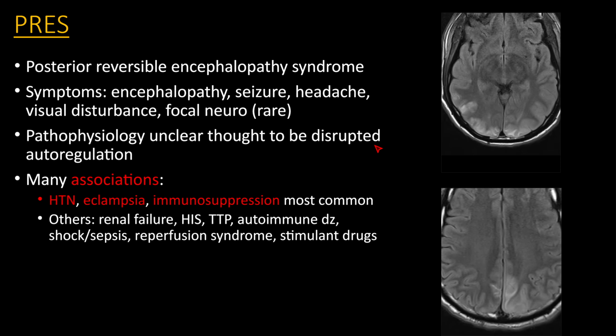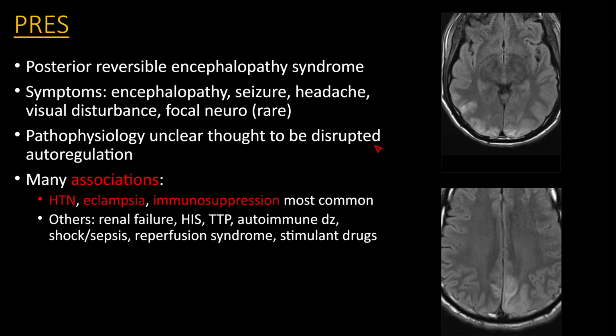The pathophysiology of PRES is kind of unclear, but it's thought to be due to disrupted autoregulation, and you can probably fill lectures just on what the pathophysiology of PRES really is. The thing to know about PRES clinically that's very important are its many associations. In particular, PRES can occur in the setting of hypertension, eclampsia, and immunosuppression being the most common, but really lots